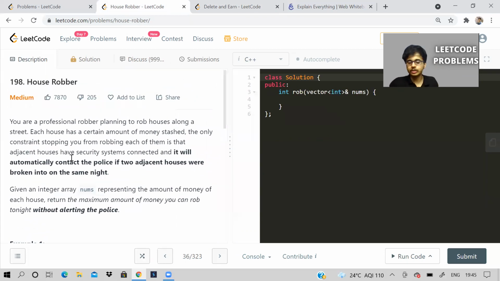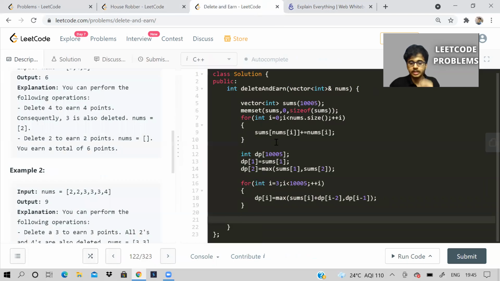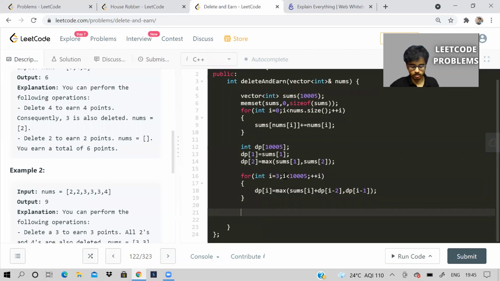If you still have a doubt in this, solve the house robber problem, you will get to know. So here also, we'll return DP of this or DP of this.